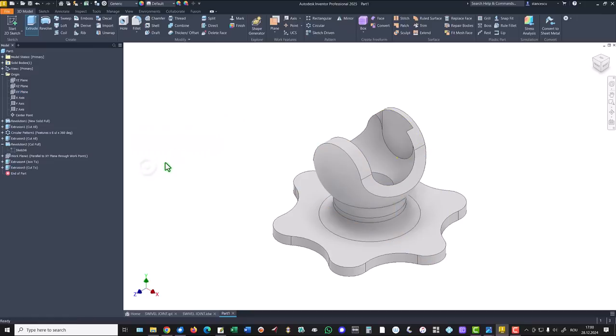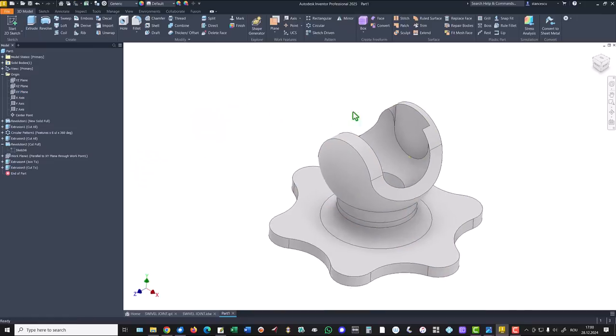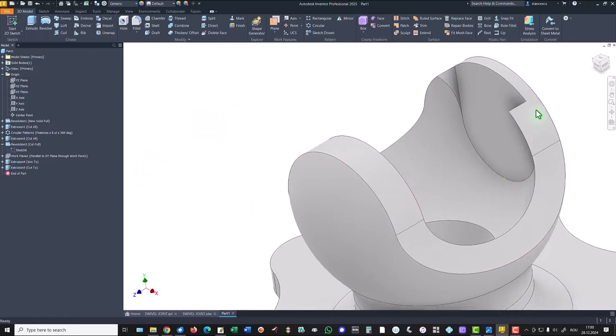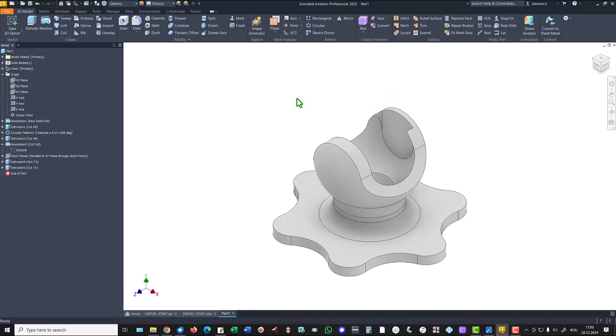Okay, you see, this is the result. I hide that work point, we don't need it anymore, and we close this